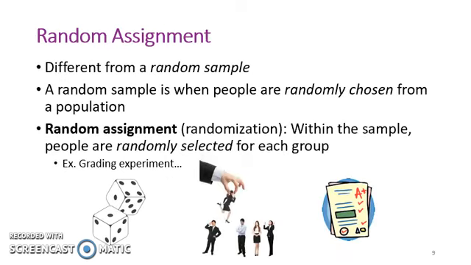Related to sampling is the concept of random assignment. Random assignment refers to choosing conditions for participants within a sample after the sample has already been drawn. So random assignment can be done with either random or convenience samples. Suppose I wanted to do an experiment with my class and I decided to try 3 different grading techniques. I could generate an algorithm on my computer that randomly assigns a number of 1, 2, or 3 to a student. Students in group 1 are graded with the first technique, students in group 2 are graded with the second, and so on. This would give me 3 randomly assigned groups that I could use to try out my 3